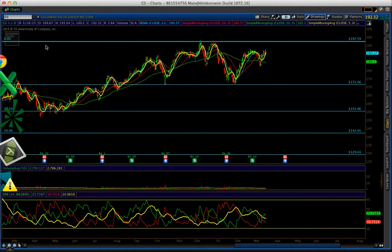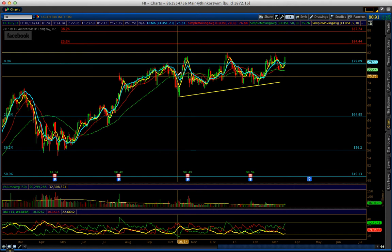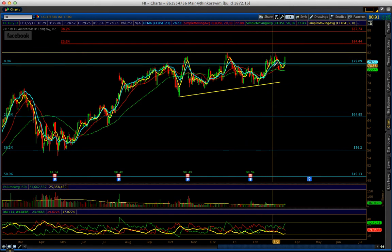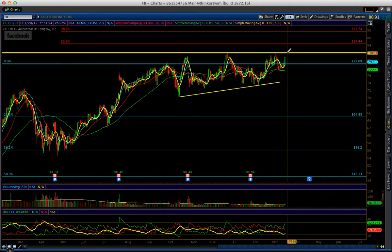Now let's talk about Facebook. This is another one that is in a long term, meaning we own the stock, and we're just waiting to see if we can finally retake the 82 area. That's the key number to enter long using the stock. We were long right here, but it started moving sideways and we closed the position. So I'm going to wait and see if we break out the